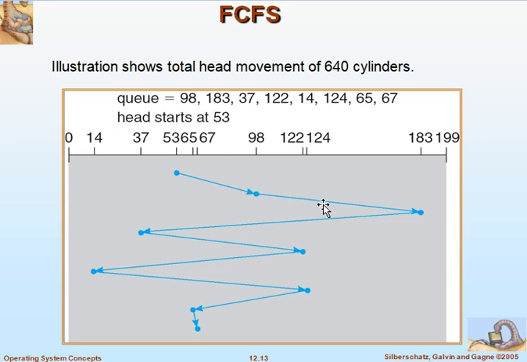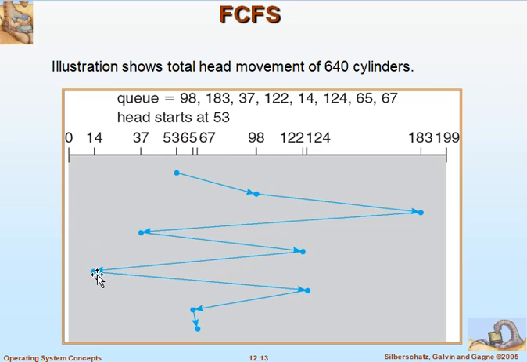From 98 it will move to cylinder 183, and after 183 we have 37, so it will move to 37. The next cylinder in the request queue is 122, so it will come to 122. After 122 it goes to 14.